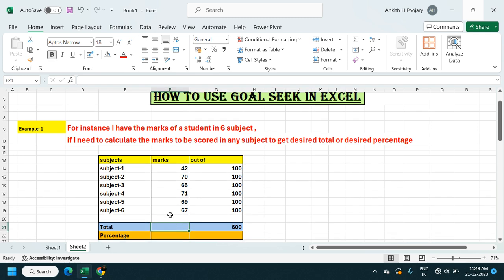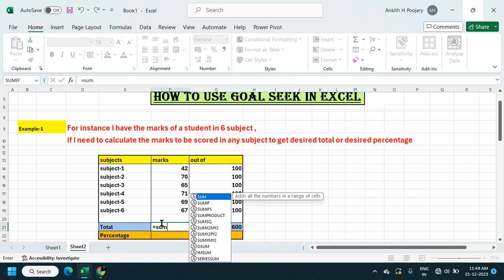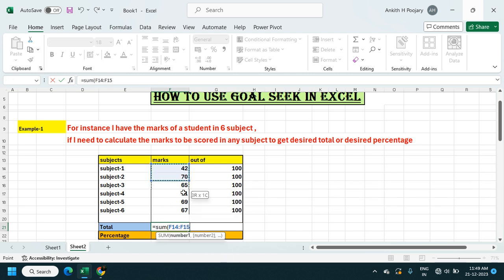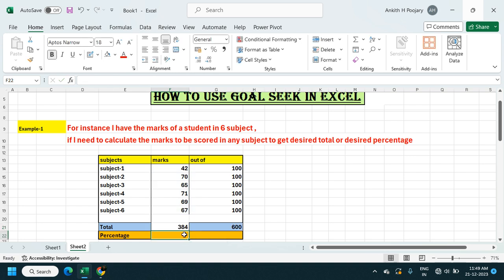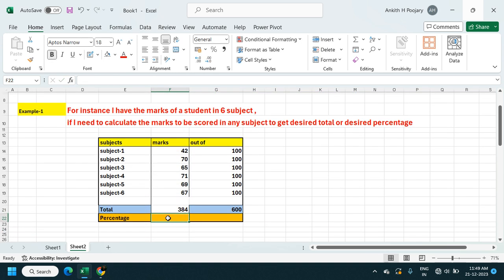For example, I have these marks of a student in six subjects. The marks scored are 42, 70, 65, 71, 69 and 67 out of 100. If I calculate the total of these marks, the sum of all the marks would be 384. And if I want to calculate the percentage of marks, then I need to apply one formula, that is this marks into